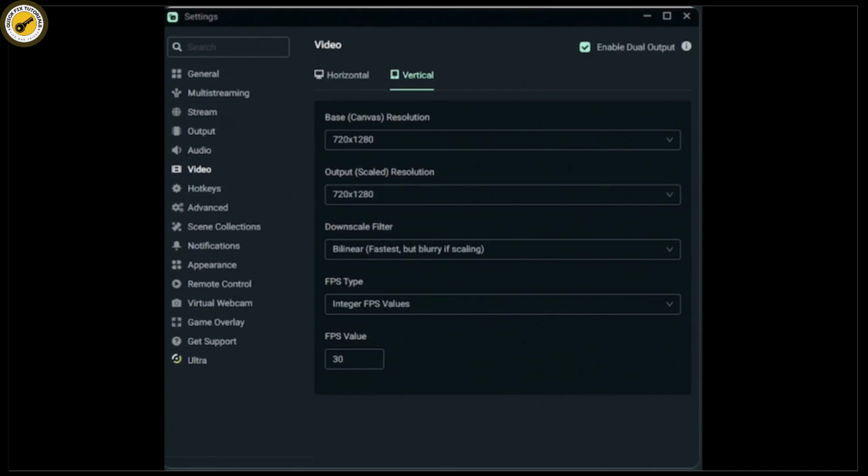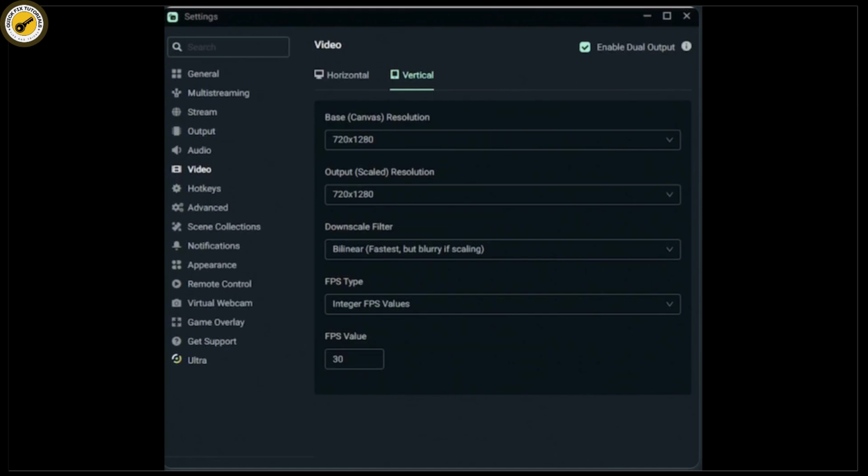With dual output, you can completely tweak the settings for your vertical and horizontal live streams, making them as different as you need. Check out our dual output guide, which dives into everything that you can do with this feature. Before streaming, be sure that what you see on your canvas is what you